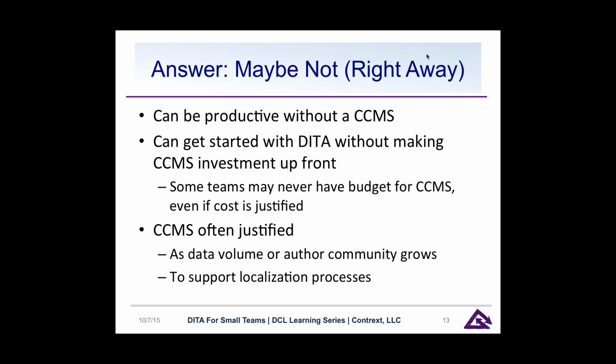Now, it is often the case that you can, in fact, justify your CCMS as data volume or your author community grows, or to support your localization processes. Once you get started with DITA and show some success with applying this new technology to your complicated documentation problems, you may in fact be able to justify your CCMS. But if the CCMS is a cost of entry into the system, that can be a deal breaker. So that's something that we're trying to